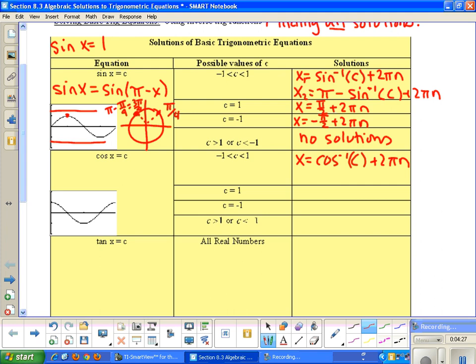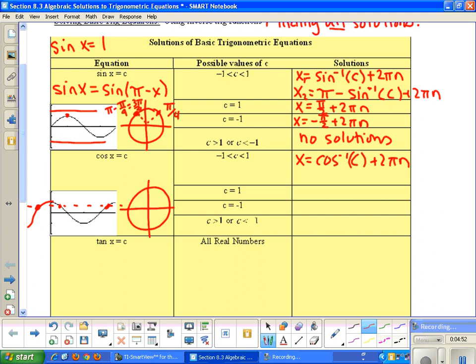Well, remember that our graph also continues backwards, and so if I were to find some solution here, it would also be the same solution there on my graph, since we're going backwards. If I, let's say, wanted a value where the cosine of x is equal to 1/2, then this value would be the same as this one plus the period of my function. So if you recall,